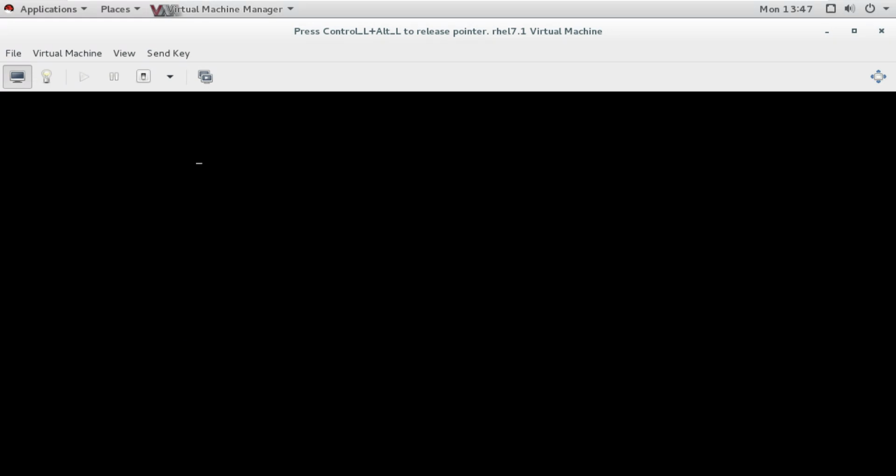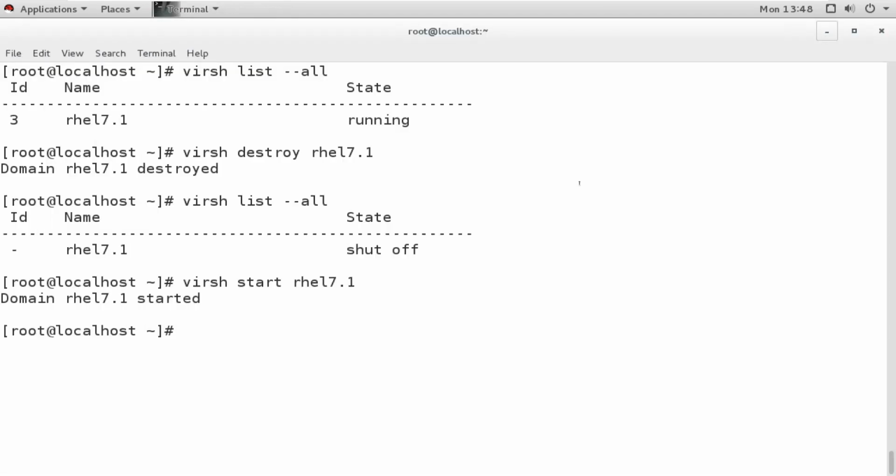So we can manage it from the virsh command to some extent, and also we can manage it from here, from our Virtual Machine Manager.